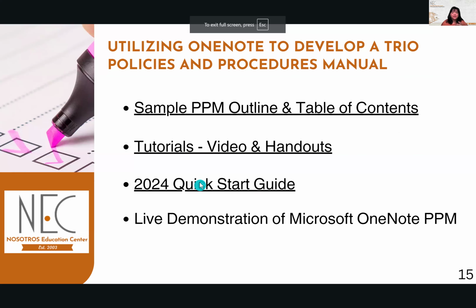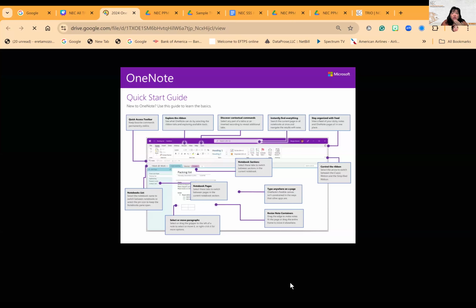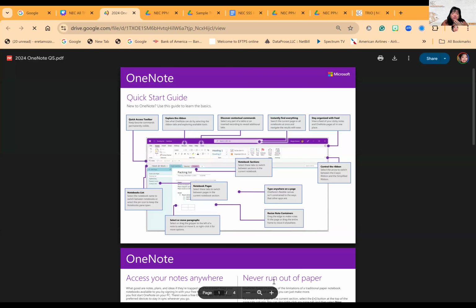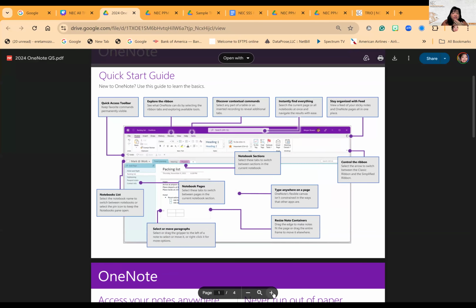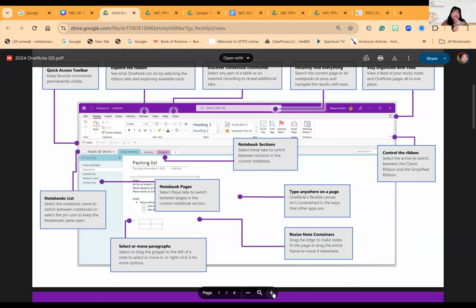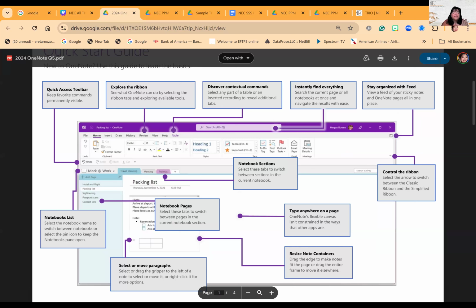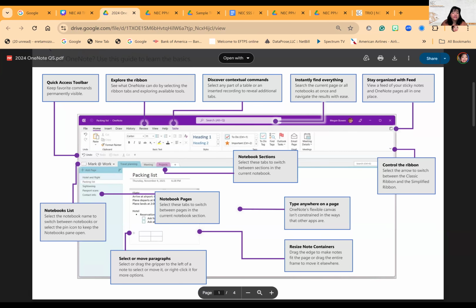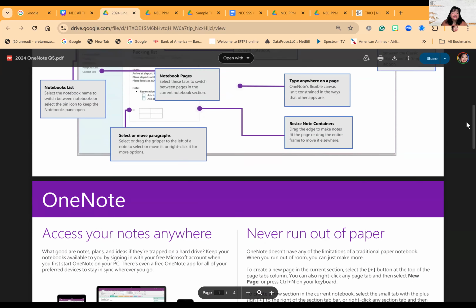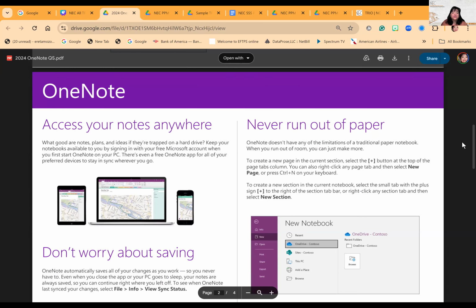The other thing I wanted to share with you is the 2024 Quick Start Guide that is out here. Let's see, you should be seeing this. It's taking a while to open up. So anyway, maybe you're super visual and you prefer to look at it this way with a quick start, kind of telling you where everything is. This is really helpful for me to know where everything is as I open it up in a different screen, so I can look back and see how it works. Hopefully this is something that you will utilize.